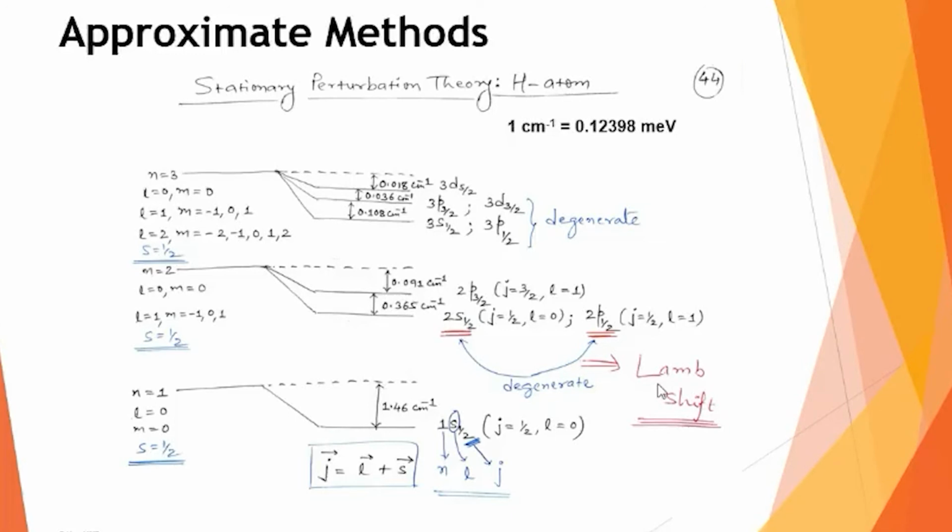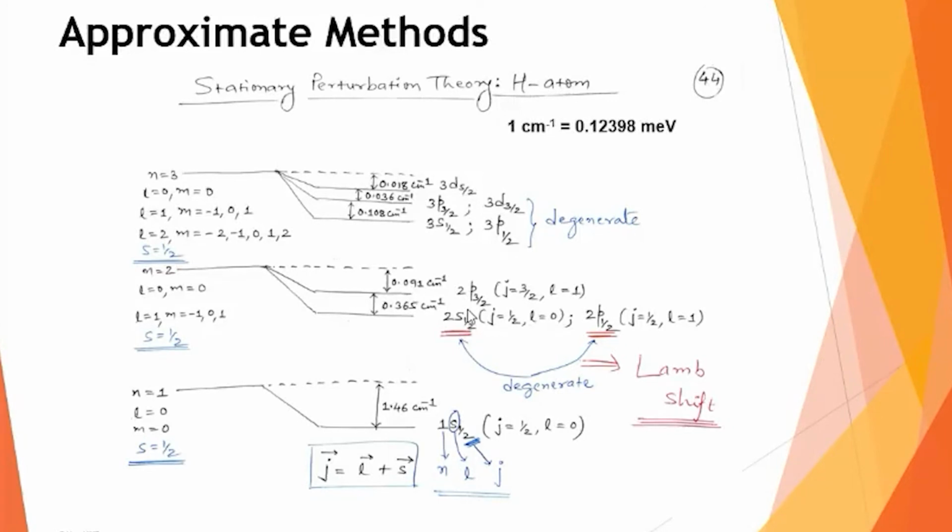Something which is finer than fine is known as hyperfine. So if I apply this Lamb shift experiment to investigate the two different energy states corresponding to 2s half and 2p half, then you get even further detailed information about these two states. Something which is more than fine, we call hyperfine. So now even this state is divided into two states. If I draw a further third line, third column, then this state will be divided into two different states. Such energy spectra are known as the hyperfine energy spectra.